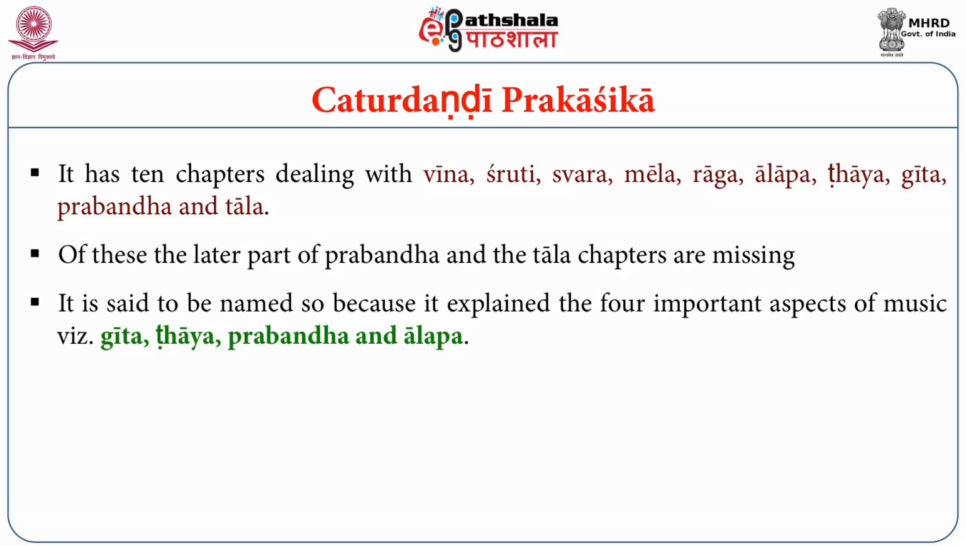Chaturdandi Prakashika is said to be named so because 4 important aspects of music, that is Gita, Thaya, Prabandha and Alapa, are considered like pillars to understand the music system. So he says Chaturdandi Prakashika, the one which glitters or shines through these 4 pillars, namely Gita, Thaya, Prabandha